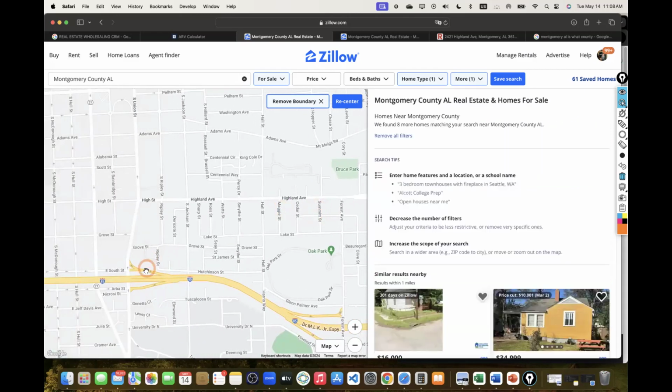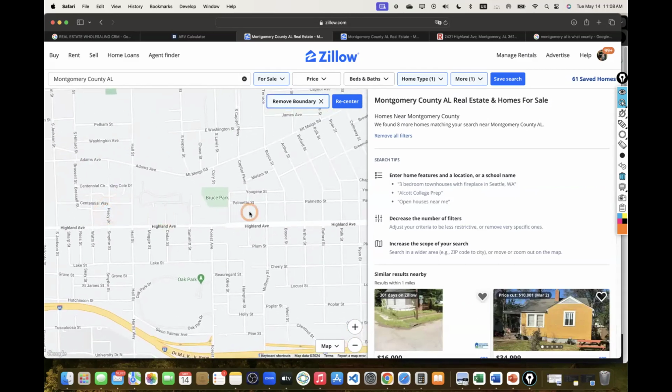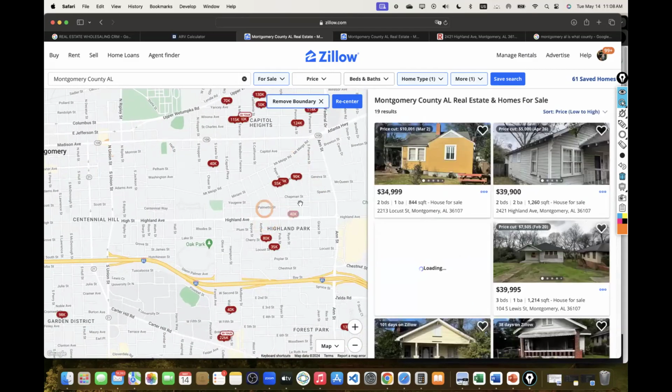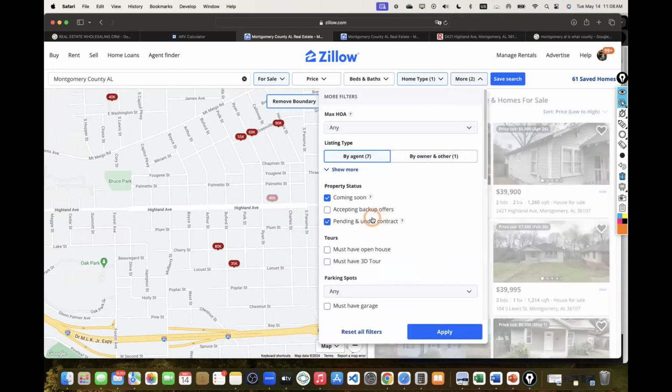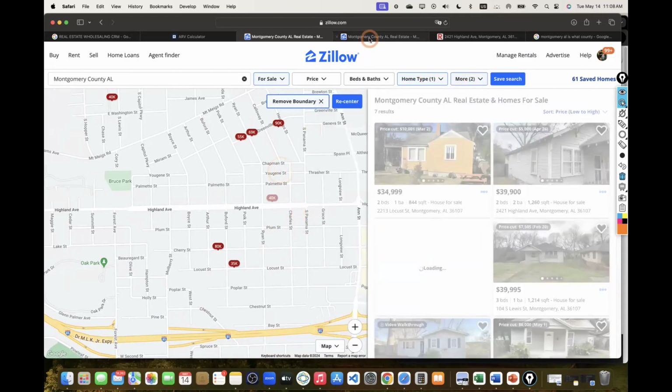But that's what it is. You see Union Street, it's another road, so we can stick to our neighborhood over here. But now let's look for some comps. Let me look for properties that are pending or in the contract, and I'm looking for properties close to like 1,300, 1,200. So nothing under contract. Let me see all these properties that are out here. How much are they going for?